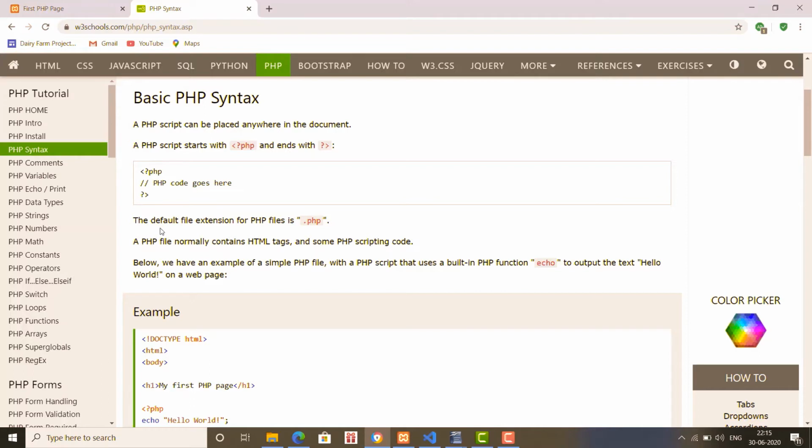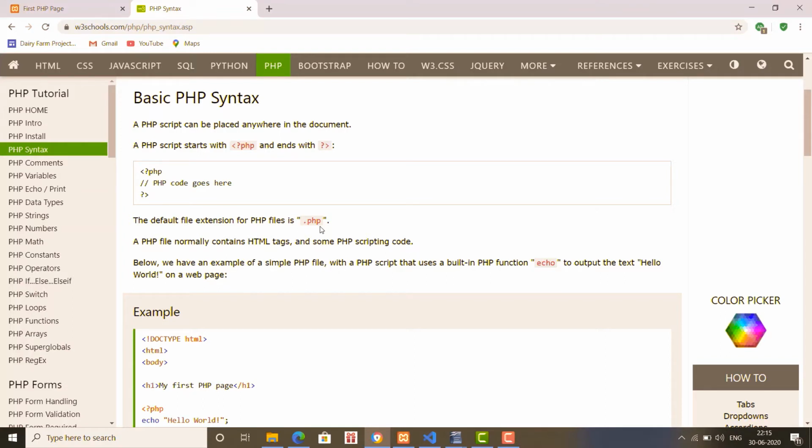Now the default file extension for a PHP file is .php. So whenever we have to make a file a PHP file, we have to give it the extension .php. For example, if we write some script in an HTML file and save that file with the extension .html, even in that case PHP will not work.